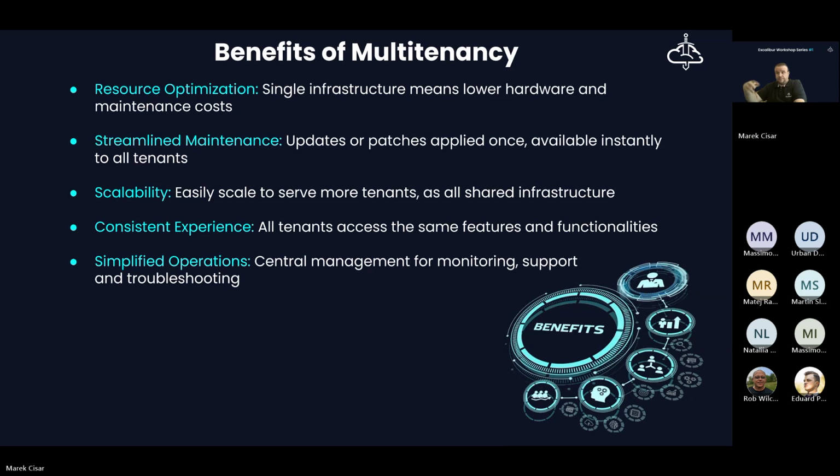The third benefit, I think a good one, is related to scalability, because organizations usually grow. They need to onboard new customers or clients continuously. So the system must be able to adapt quickly to these changes without massive investments into new infrastructure.